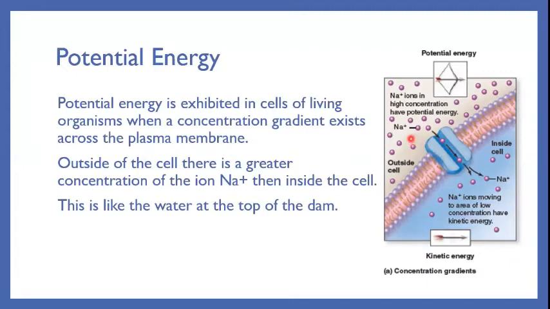Outside of the cell, we might see a much higher concentration of sodium ions. Each purple circle represents a sodium ion, and we kind of get the feeling there's a lot more on the outside of the cell than there is on the inside of the cell. There's a low concentration of sodium ions on the inside. Since proteins can close and stop this movement of the sodium ions, it's possible to allow a much higher positive charge to develop on the outside of the cell than on the inside.